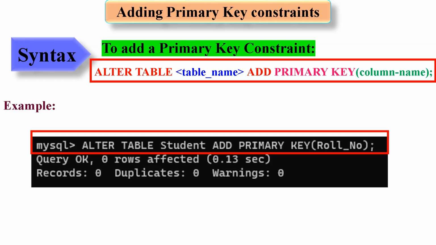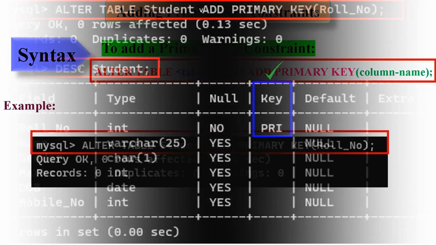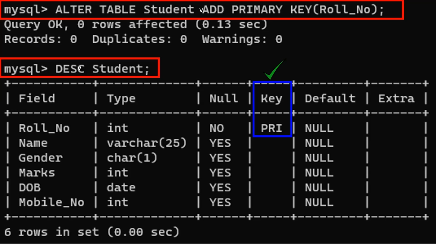Let's learn how to add primary key constraints. The syntax is ALTER TABLE table_name ADD PRIMARY KEY(column_name); For example, look at the MySQL statement. ALTER TABLE student ADD PRIMARY KEY(roll_no);